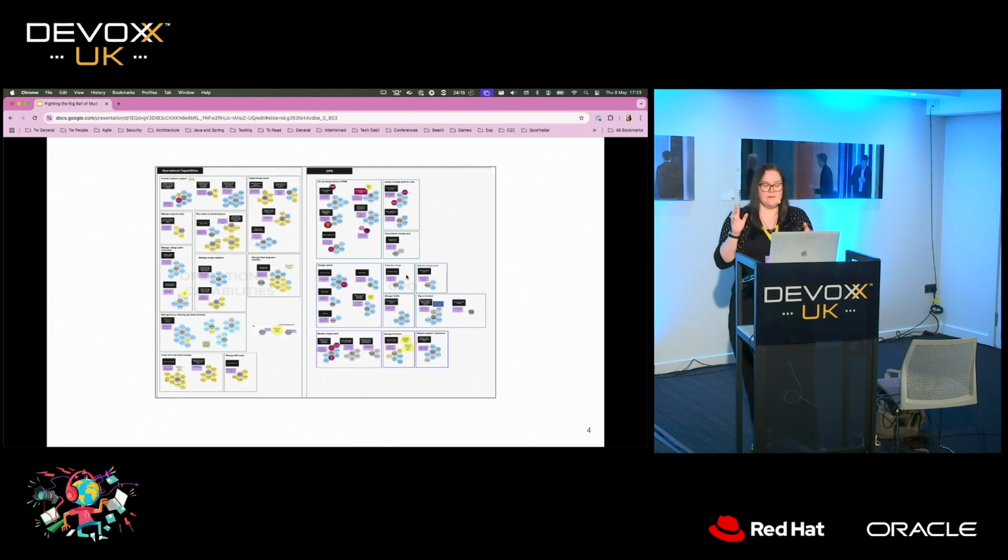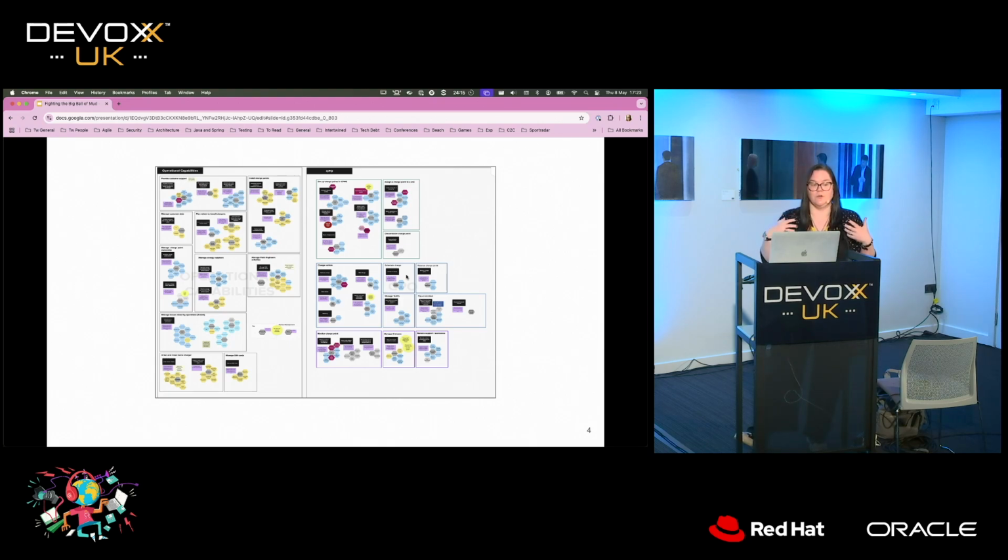Yeah, so he mentioned a little bit about another place we might use capabilities, and that's when we're starting a project. Maybe it's a legacy migration project, and we want to know what we need to build. So we get our capabilities, and then we can design each of those capabilities and have them nice and isolated